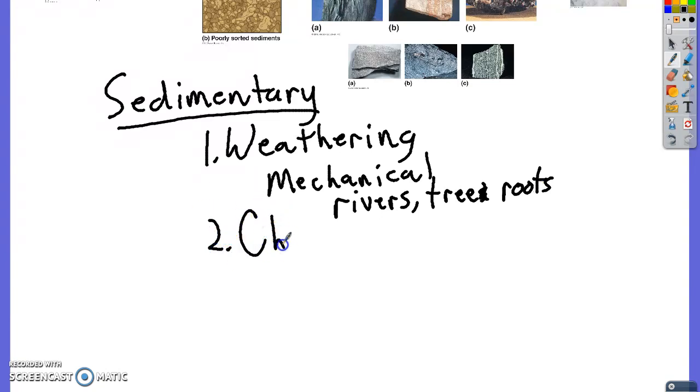Now they can also have chemical weathering. In this case, they react with water and its solutes and things like that to help break down the rocks chemically. Included in this are lichens. Lichens are little fungi and